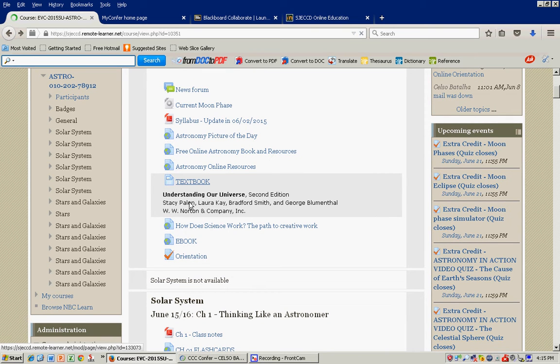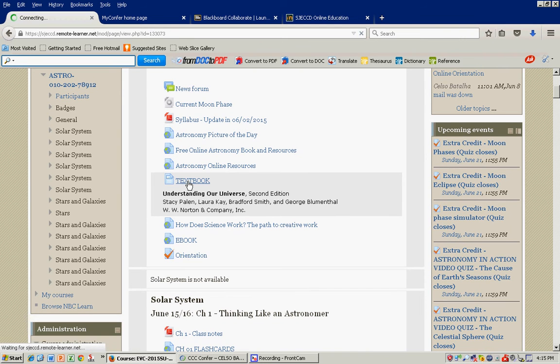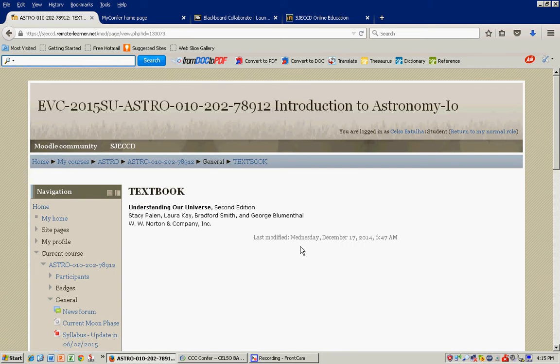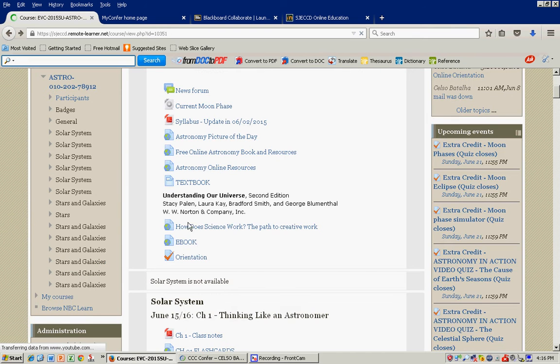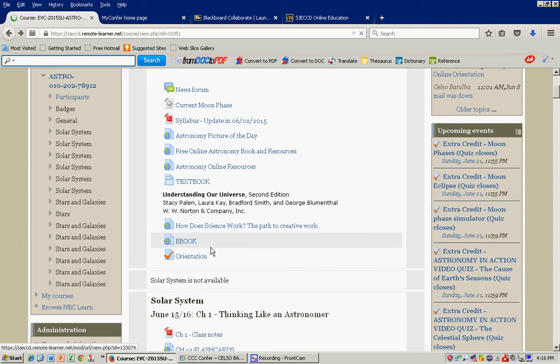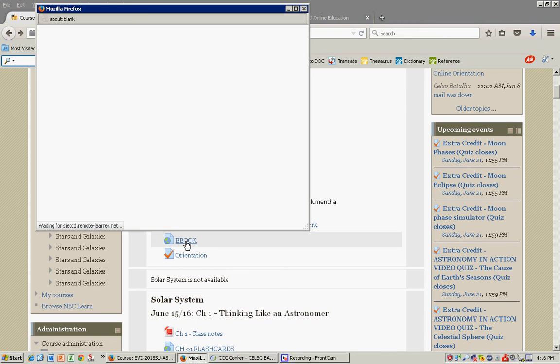But the book is important. Now, to get your book, the book is Understanding Our Universe, second edition. If you click on this link, it's going to give you information about the book, and you can purchase it online or in our bookstore. You can also purchase an electronic version of the book,